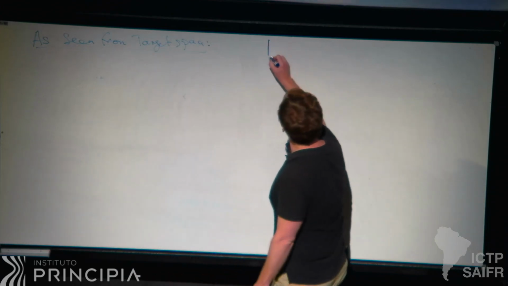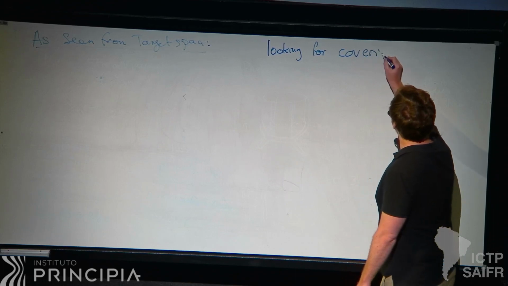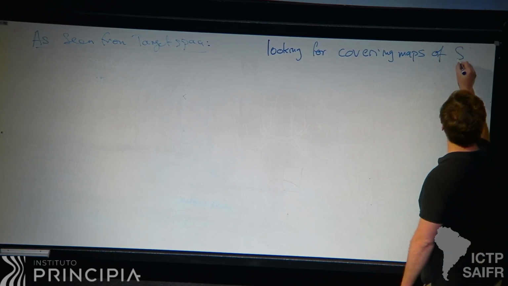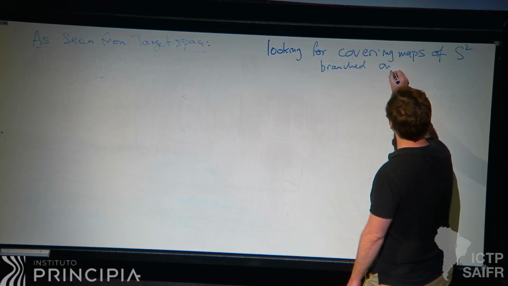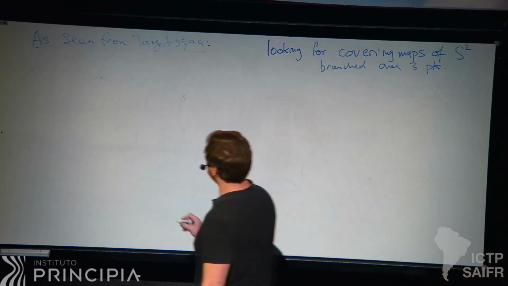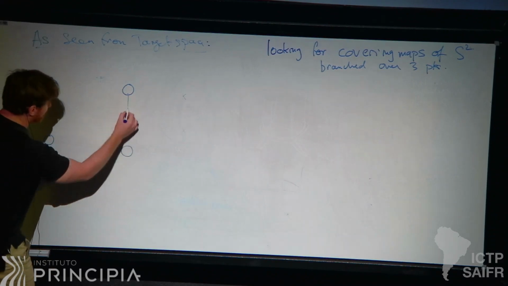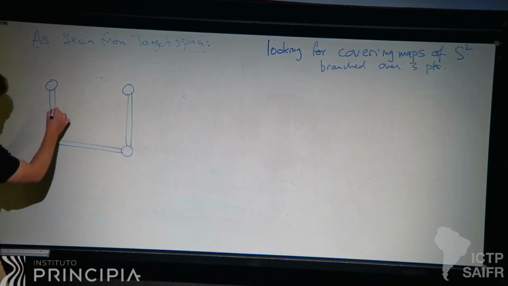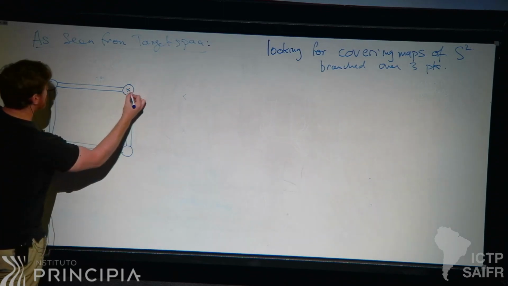So what we are looking for is covering maps of a sphere, and they're going to be branched over exactly 3 points. So let's again take this diagram, the same Feynman diagram. Now I want to explain how this diagram knows not just about this world sheet, not just about the 2D surface, but even contains all the information we need to reconstruct the map. So I think I had, say, K, M,